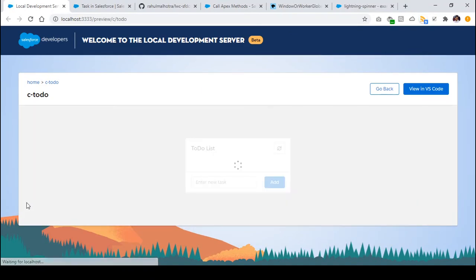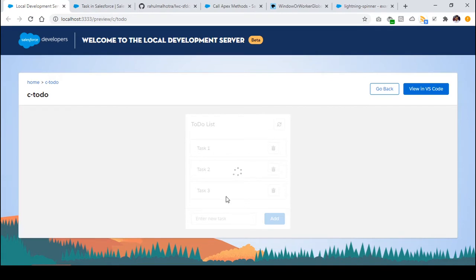Okay, so my component is refreshed, and here you can see that I am able to see a spinner which is covering all the part, and it is a spinner of size small, right? So this is working perfectly fine. But as you can see, my component is loaded, my data is loaded, but still my spinner is there, right? So I need to just hide or show the spinner conditionally. Like whenever my data is loading initially, this spinner should show, and whenever my data is loaded, this spinner should go away, right?